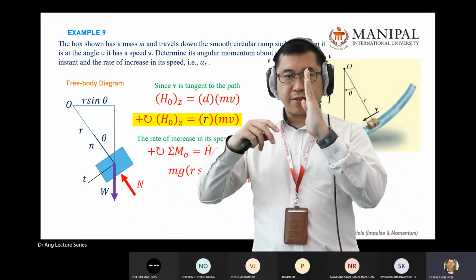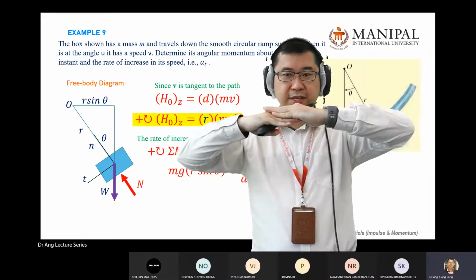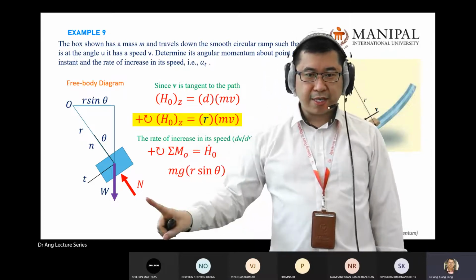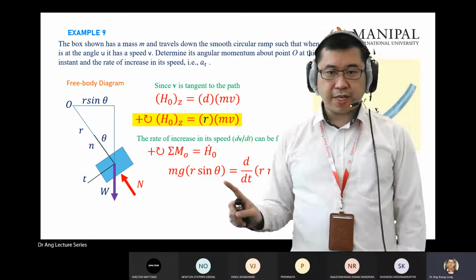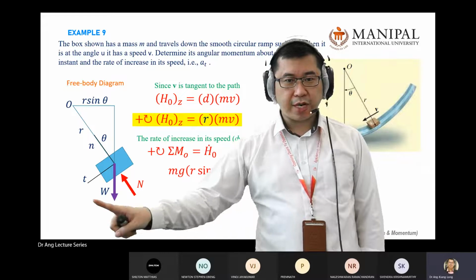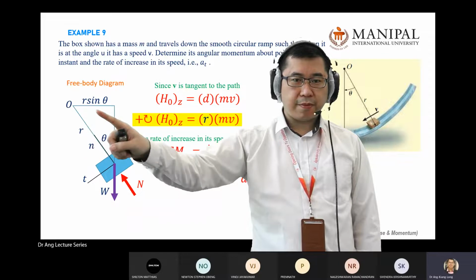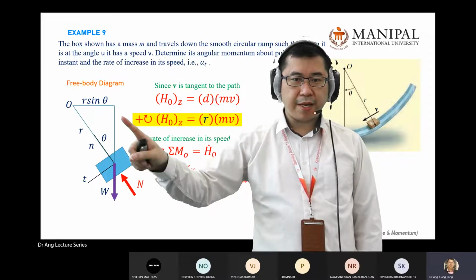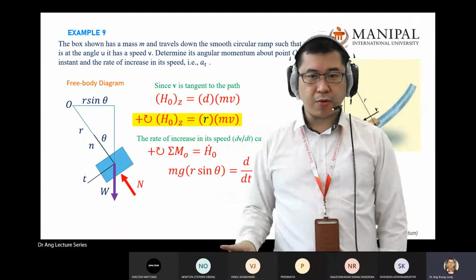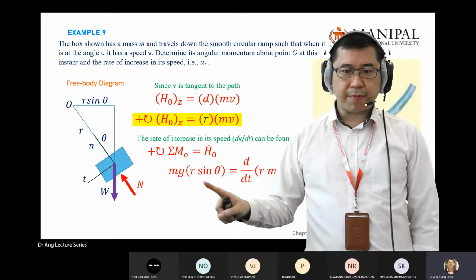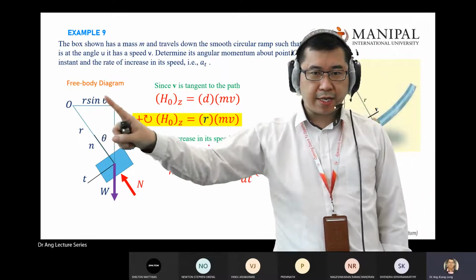Correct? Okay. This is force. This is distance. So if your force is parallel to your distance, there is no moment created. Same case as your N. That's why the moment here you don't see normal force, but you see weight component. How does this weight create moment? From the O, you take W multiplied by the 90-degree distance, which is R sine theta, multiplied by the force, you get moment, which is mg multiplied by the 90-degree distance,